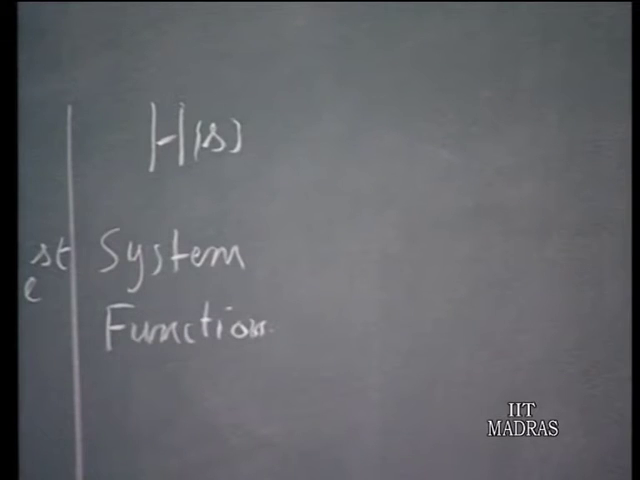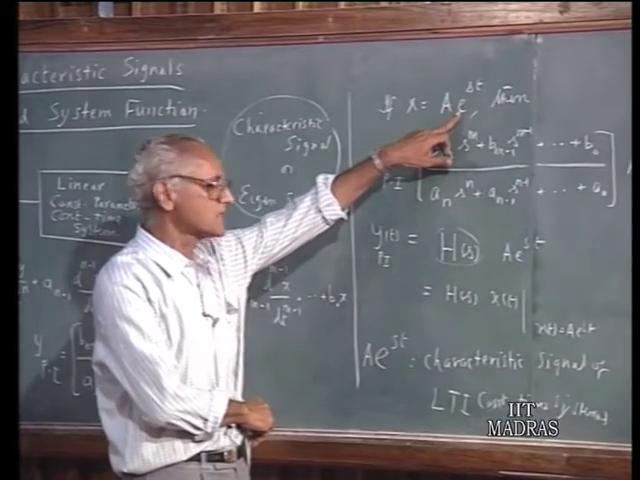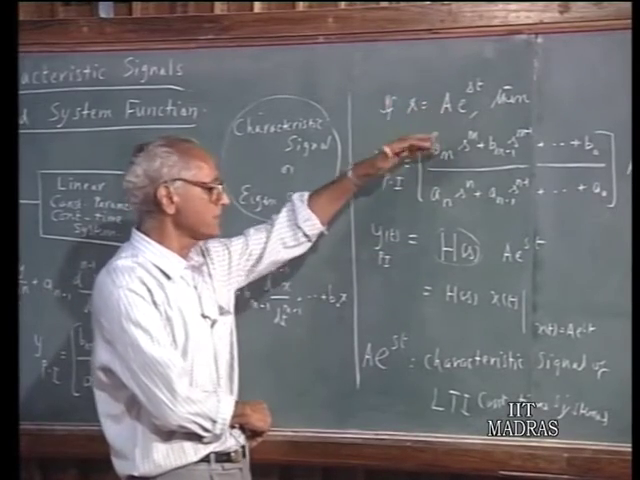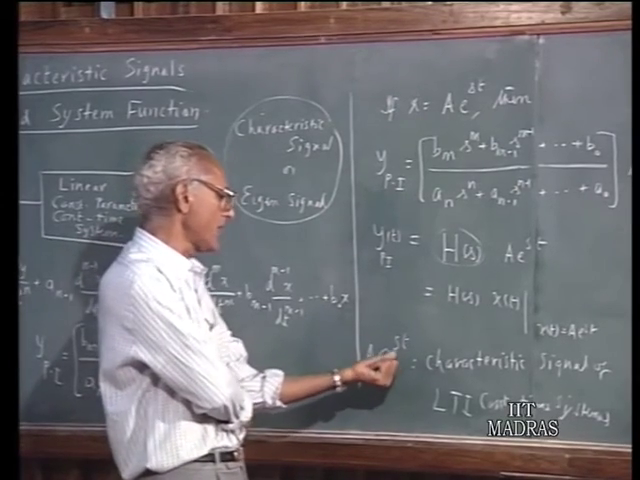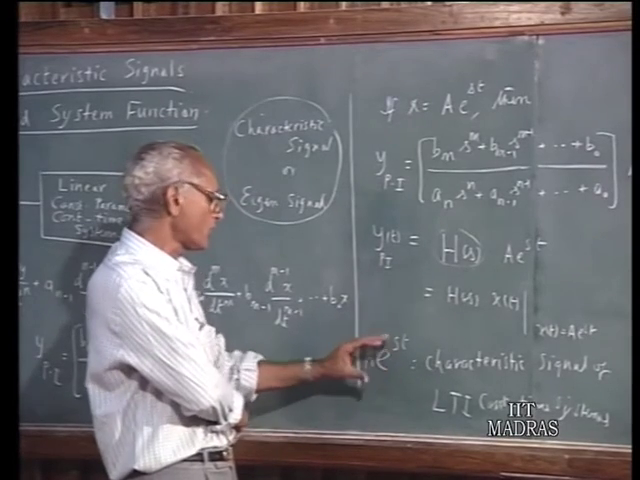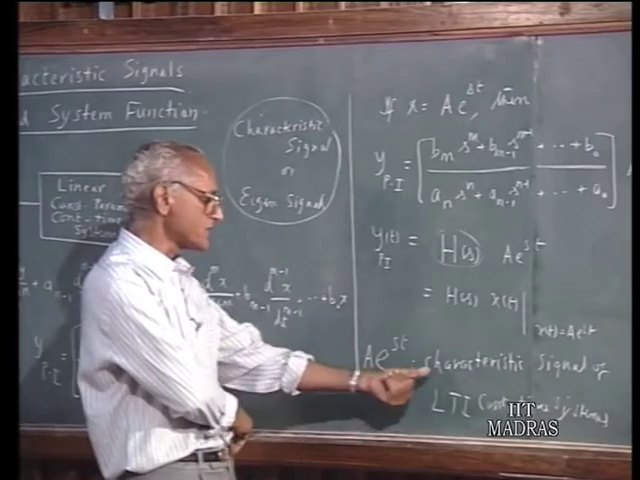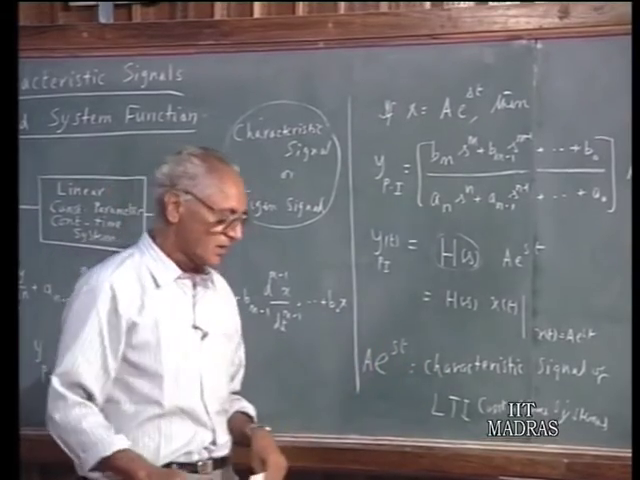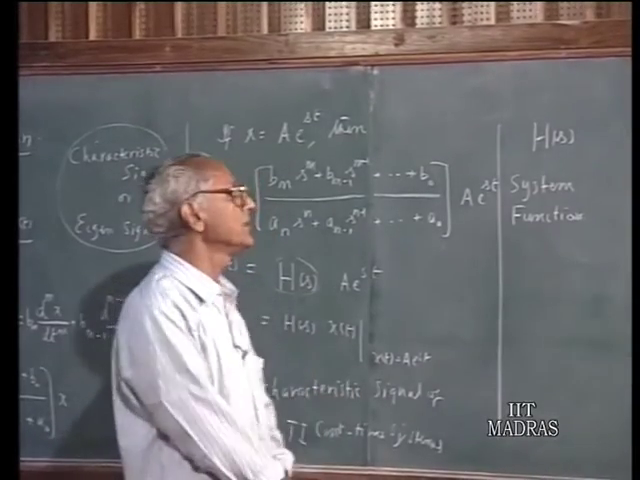And in describing the characteristic signal, s can be complex; s need not be real, and need not be imaginary, it can be complex in general. Therefore, a complex exponential signal of this type, a e to the power of st, where a can be complex as well, is a characteristic signal, and the complex frequency associated with this signal is s. And the system function, which represents the proportionality constant between the output and the input,